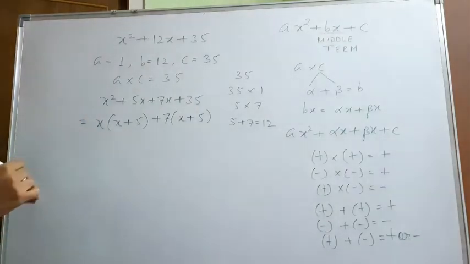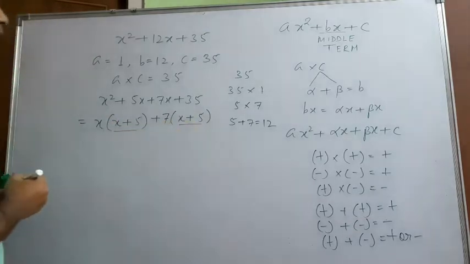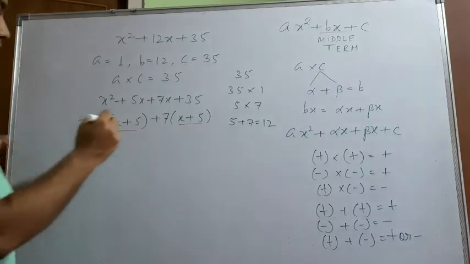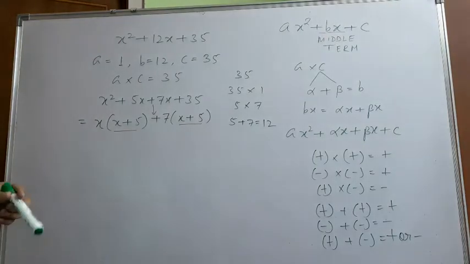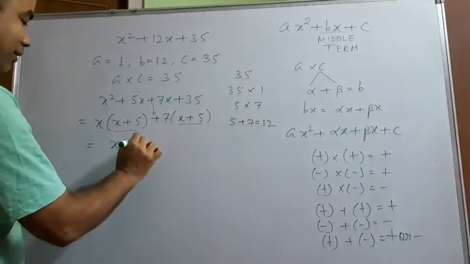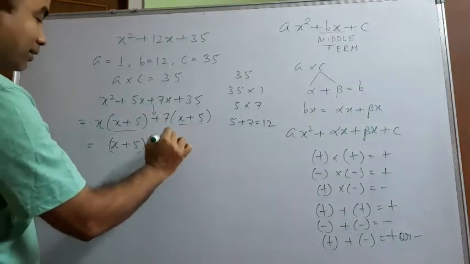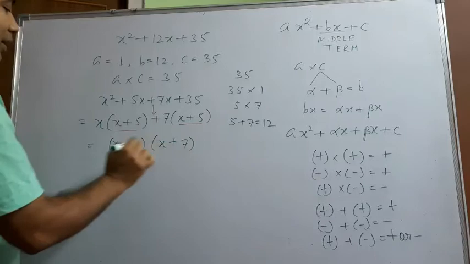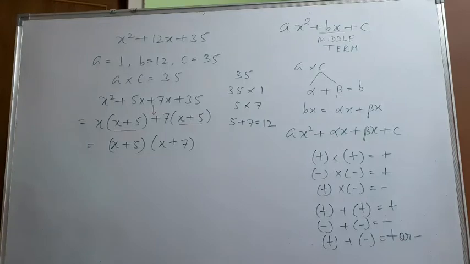Now, one thing you have to observe after factorization: this part must be same. If they are not same, then something is wrong in your calculation. Next thing is that the sign of the third term should be here. Immediately take that sign. Now this part which I underline is a common part, so let us take it common. Then what is there with x plus 5? In the first term we have x, in the second term we have plus 7, so x plus 5 into x plus 7. These are the two required factors of x square plus 12x plus 35.